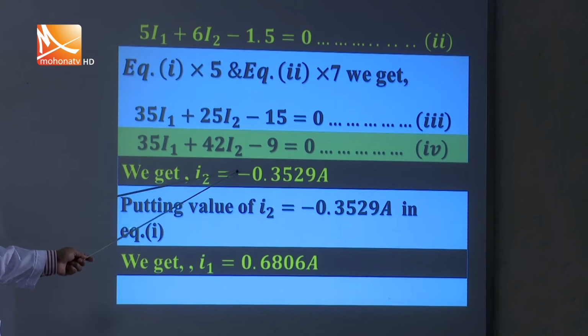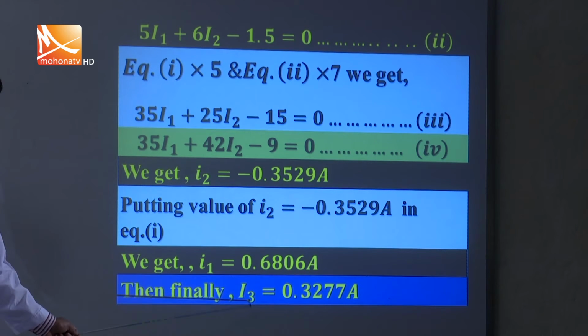By knowing the value of I1 and I2, you can finally easily get the value of I3. I have done this, I3 equals to 0.3277 ampere. In this case, you have got all these three values of I1, I2 and I3 by using Kirchhoff's